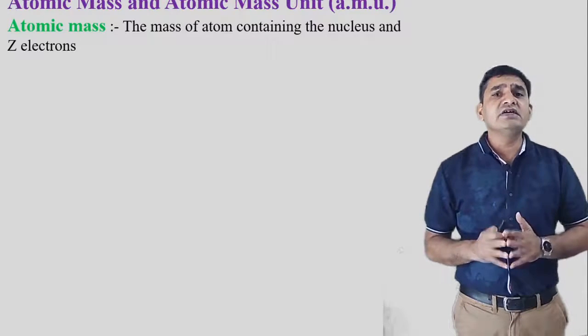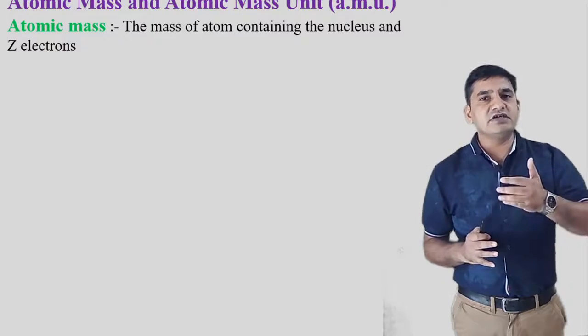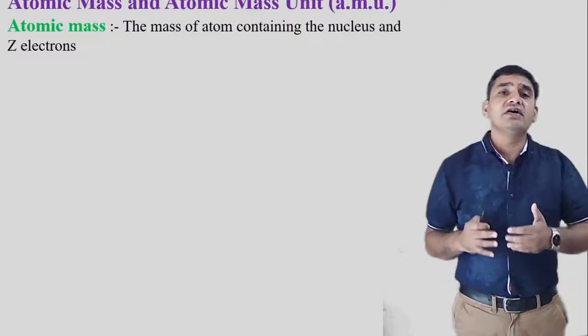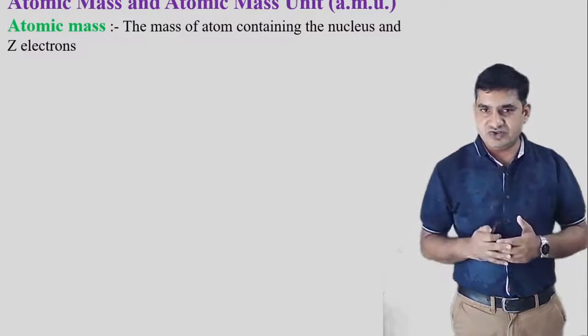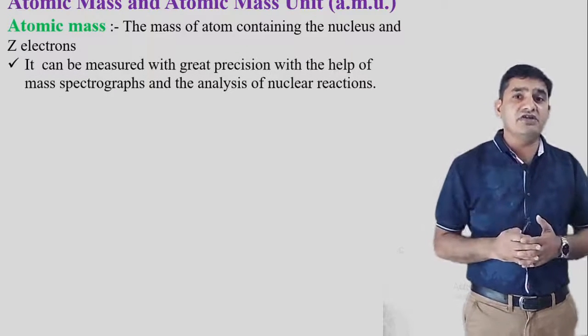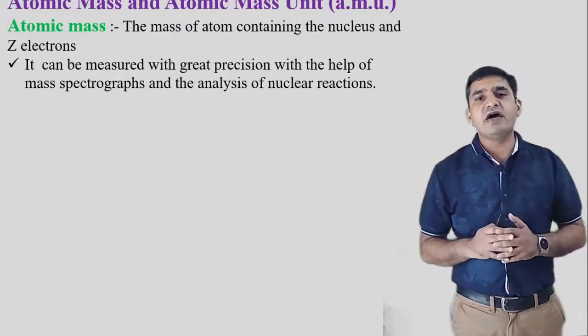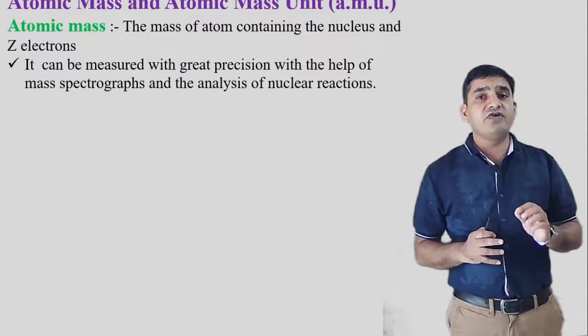The atomic mass is the sum of the mass of a nucleus and the electrons. It can be measured with great precision with the help of a mass spectrograph